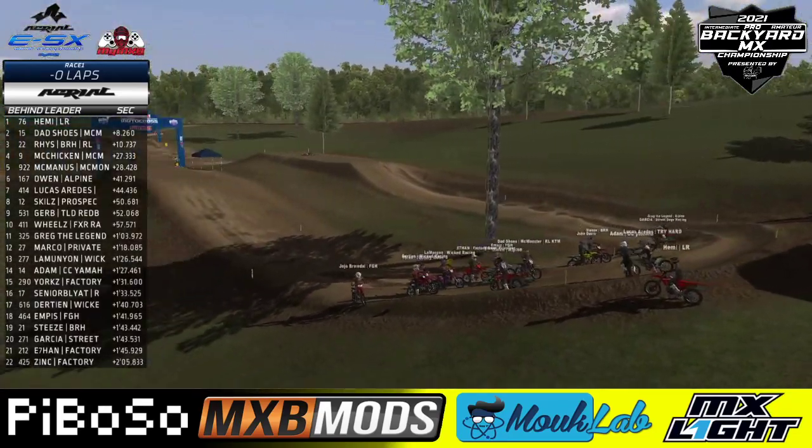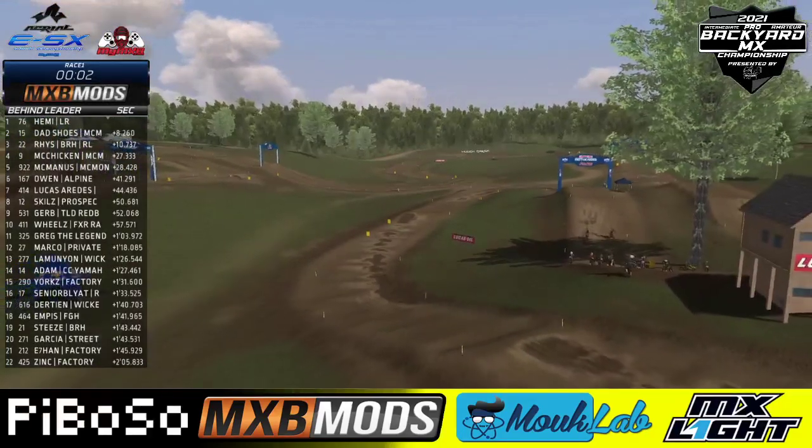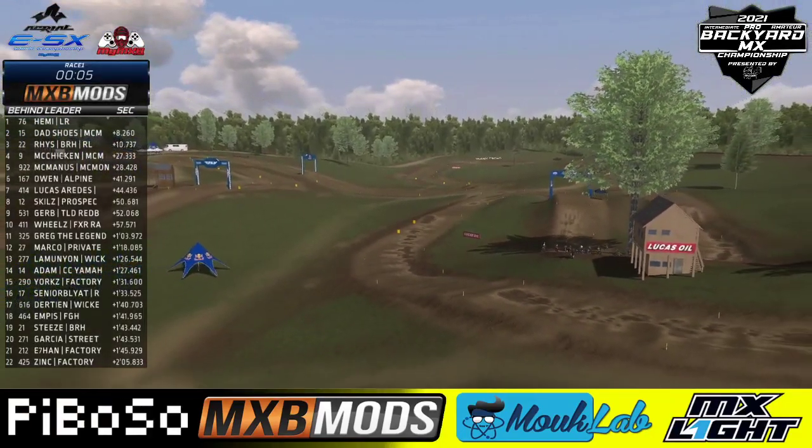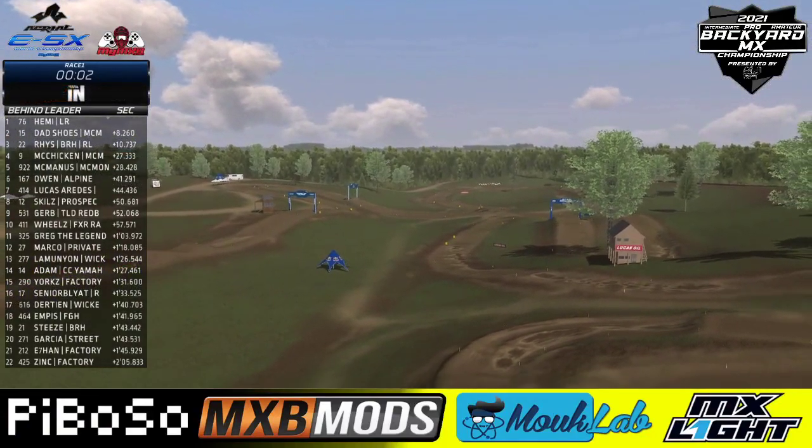He's working his butt off, trying to make sure that he stays up front in these packs, and it is paying off. So race number 1 is officially over, guys. We will have a 10-minute break in between race number 2. So if the rider